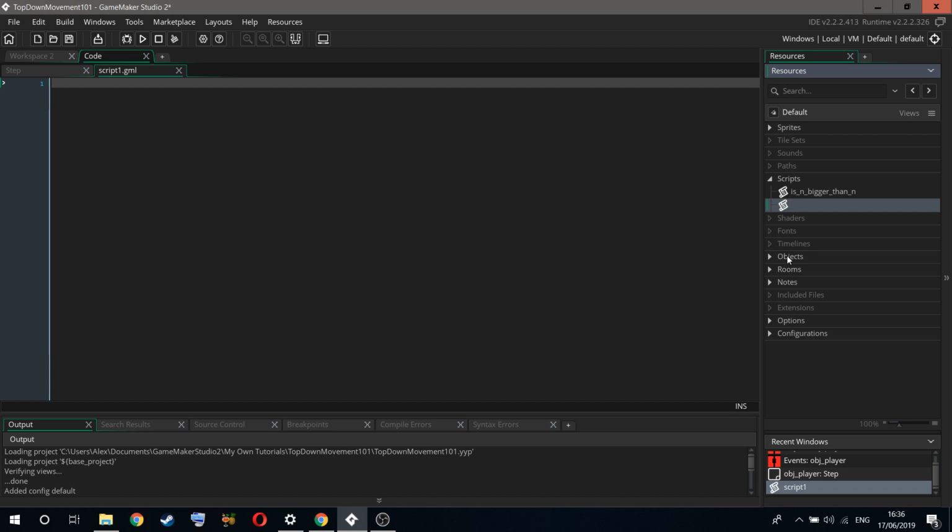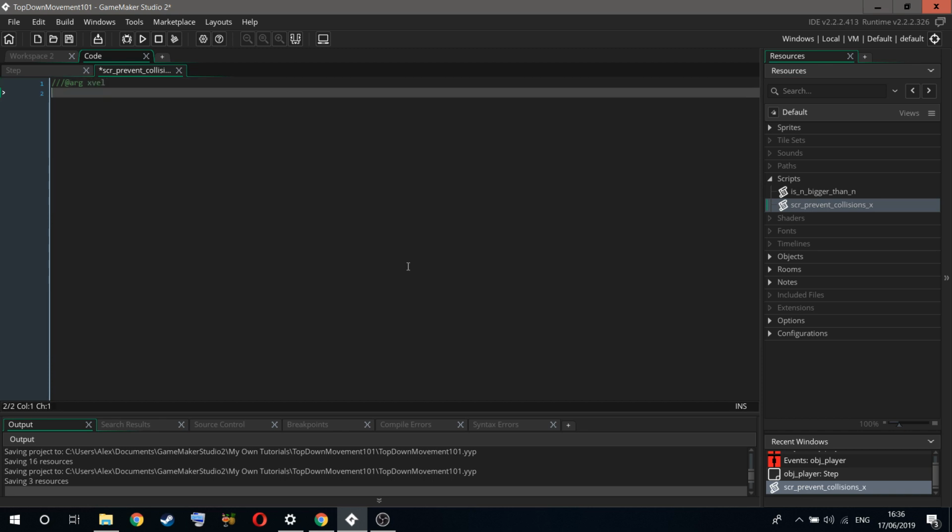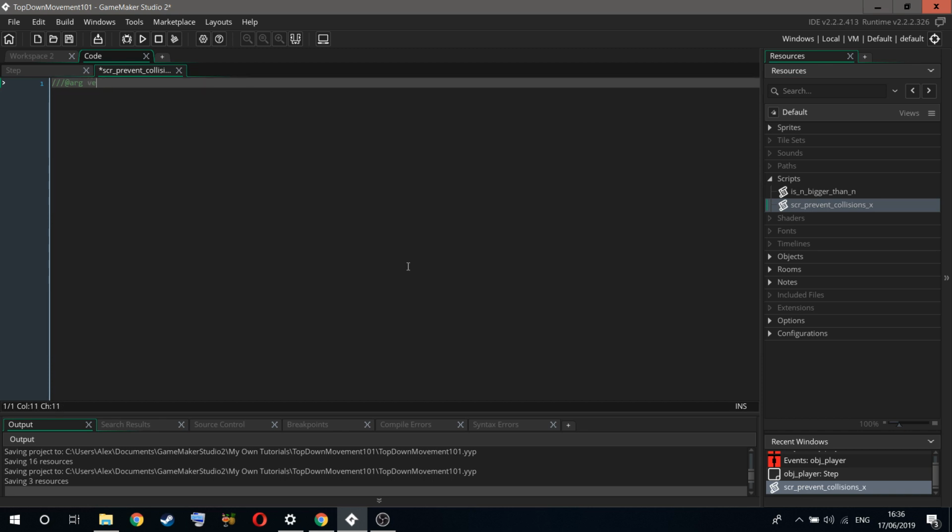Okay, so for collisions, let's call it SCR prevent collisions X. Okay, arg xval. No, actually, I'll just call it movement. Okay, so